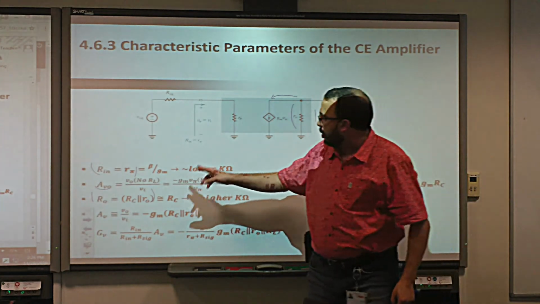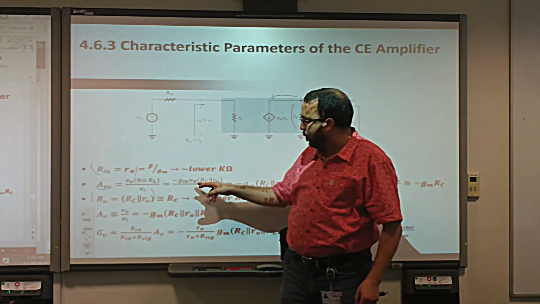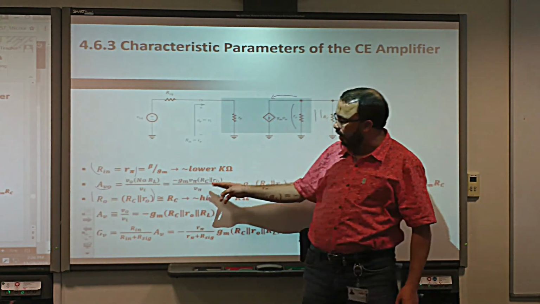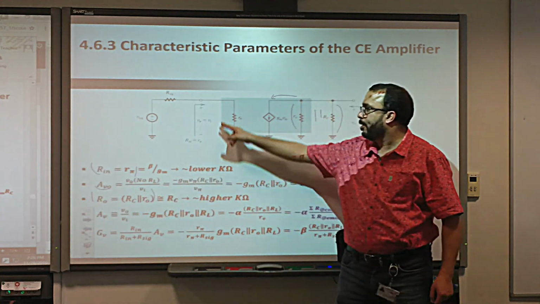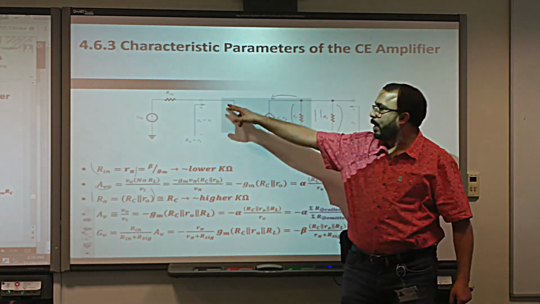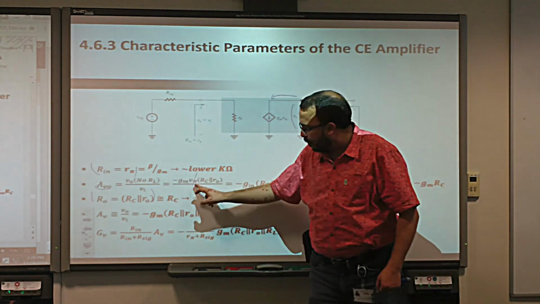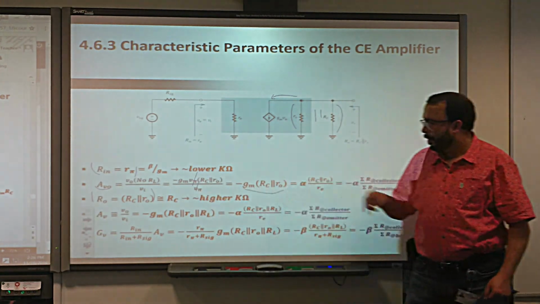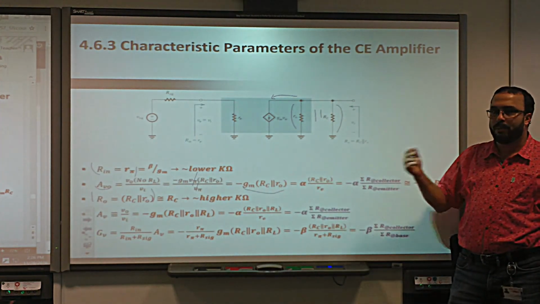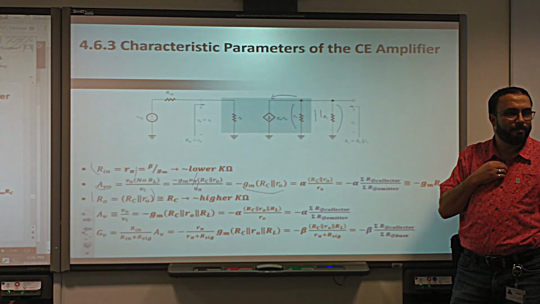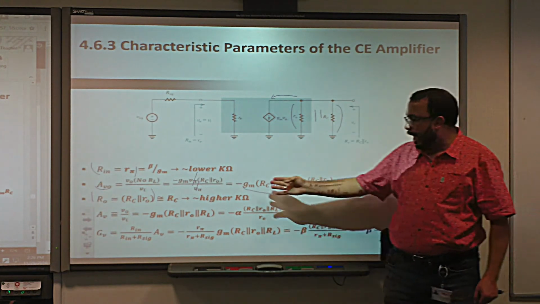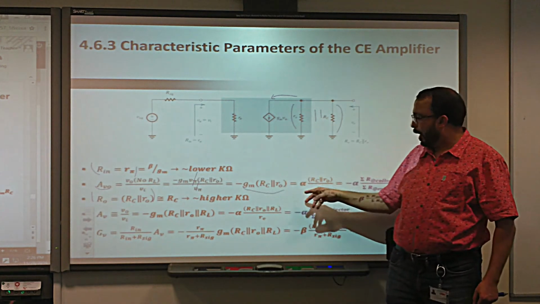So V out then is minus this current, which is gm V pi, times these two in parallel, divided by V in, which is V pi. Yes or no? V pi goes with V pi, and we have the remaining minus gm, these two in parallel. Okay? Good. gm is also equal to alpha